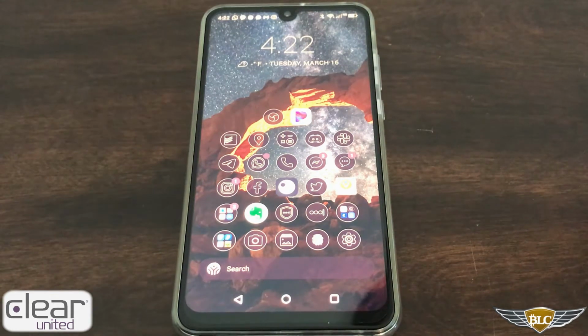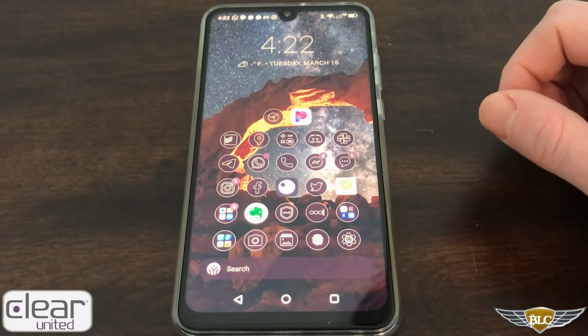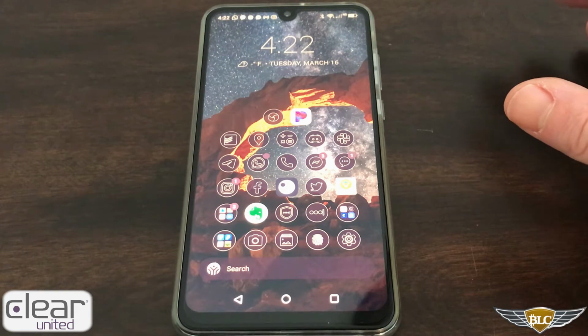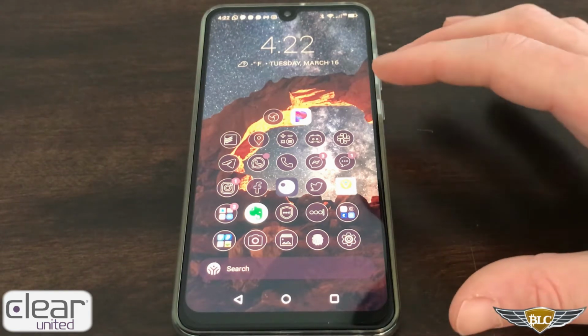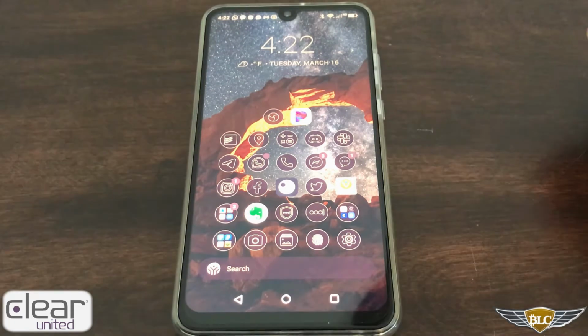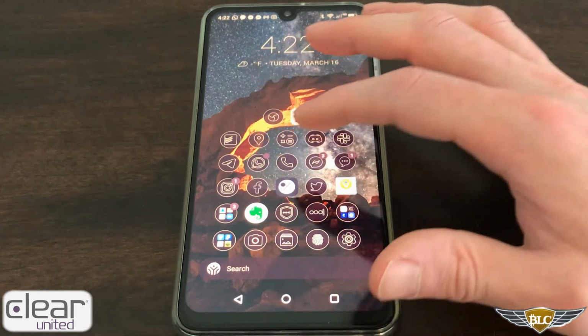Okay, so this is actually the home screen of the phone. As you see, I have some apps already installed. This would be after the initial setup of your phone, what it could look like on the home screen of the device. What we see mostly on my home screen here are Google app icons.